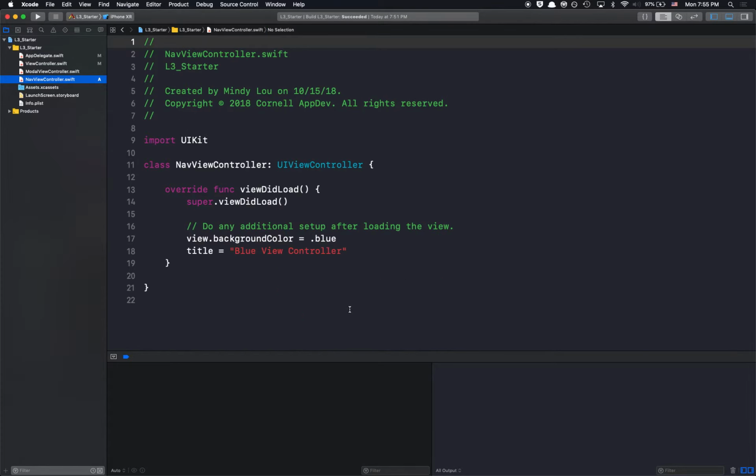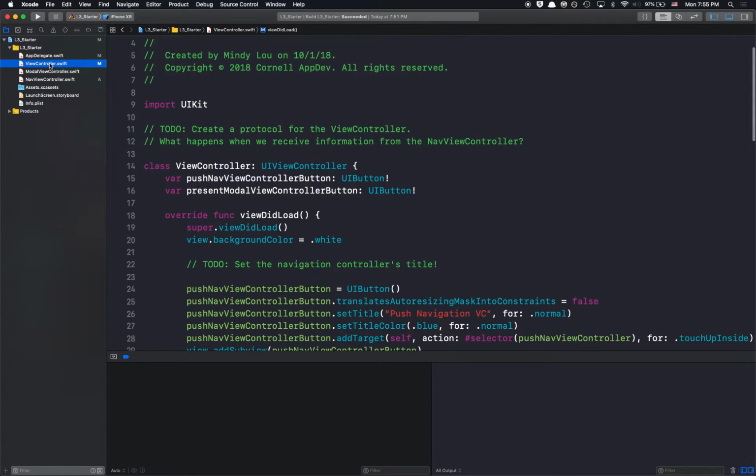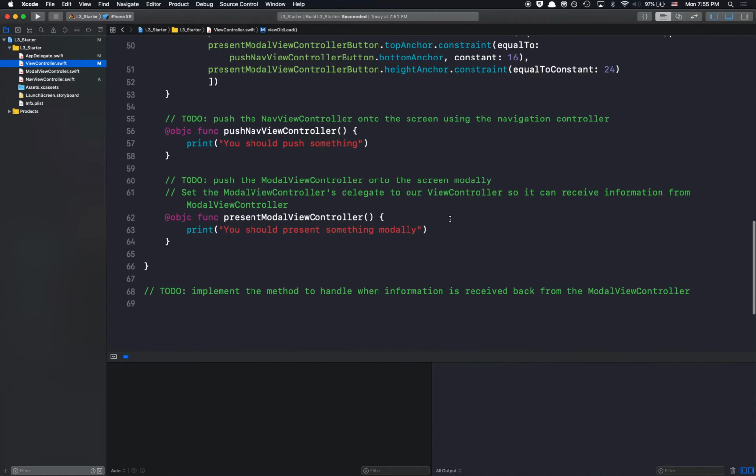Okay, so now we have it in here. All right, so now how do we present this actual view controller? We can go inside here, and inside our push nav view controller method, we can actually,